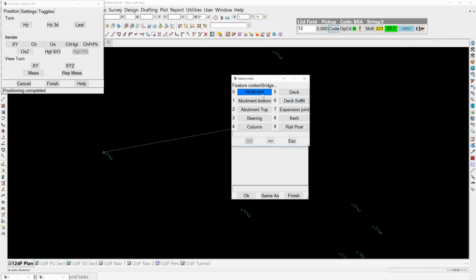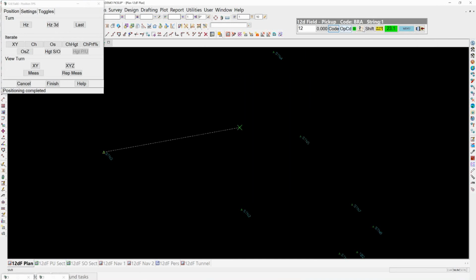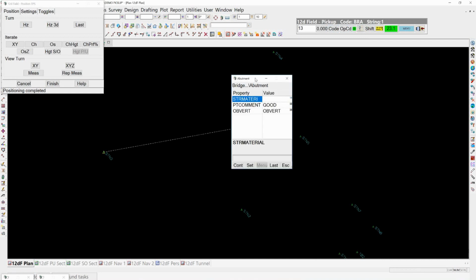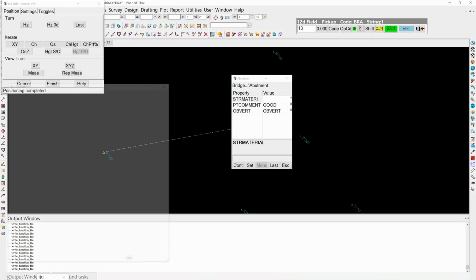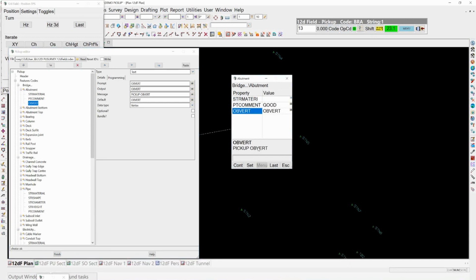And I'll go to the code, and we'll go to the bridge abutment again, and we've got the abutment there, and select that. I'll just change that string to, we've only got one, so change it to string number 1 and press OK there. So when we take a measurement at that point, it comes up, and as you can see, because of those changes that I made in the pickup codes file here,